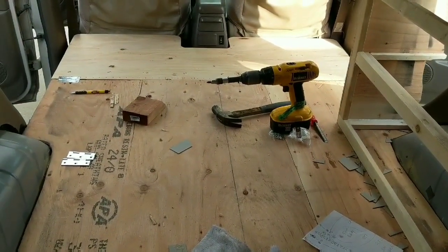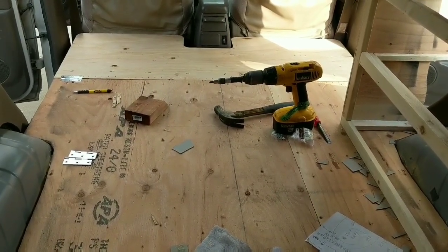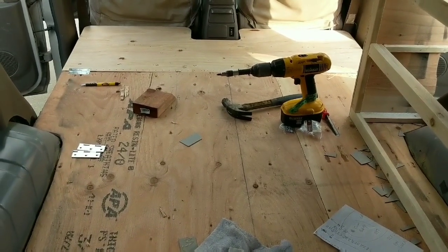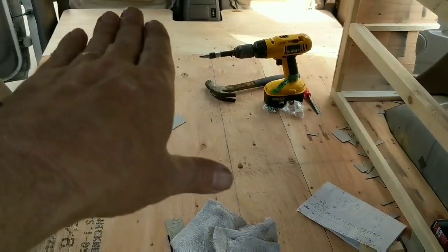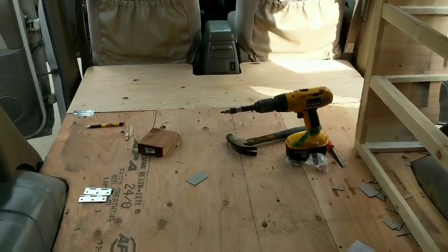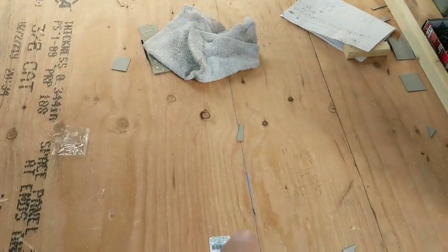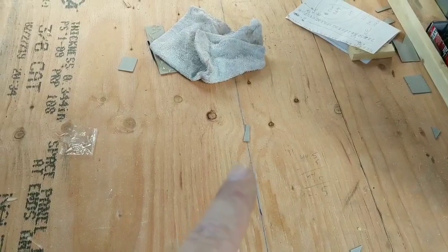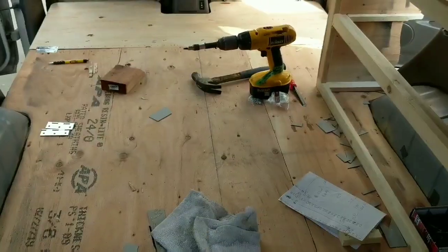So I crawled in there and laid down, and I think I can live with it. You know, I think I can definitely stretch out like this. It just means that I might have to put some cushions to the right or left of that thing. And oh, you know what? I'll put my head down here and put my feet down there, and then I won't be hitting my head on that thing, but that kind of defeats the